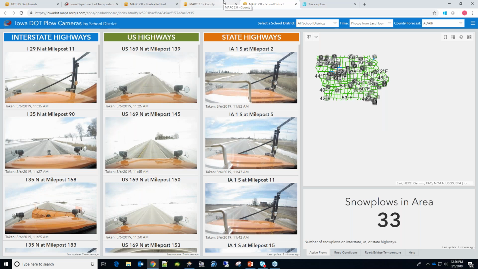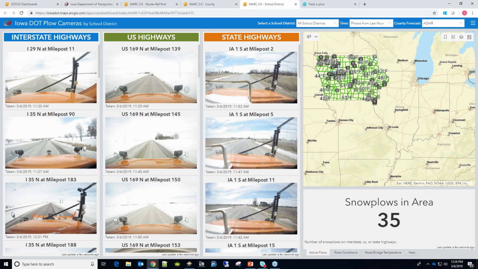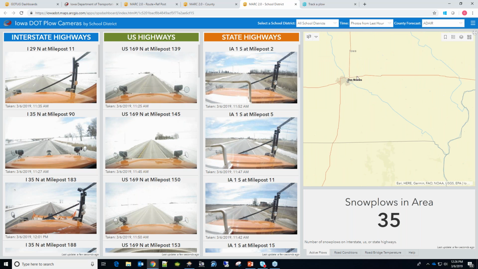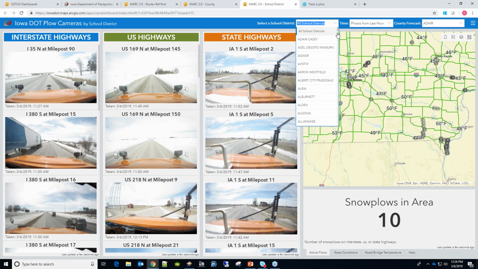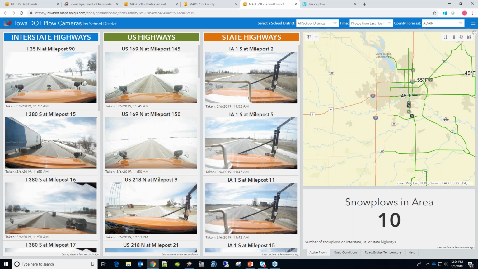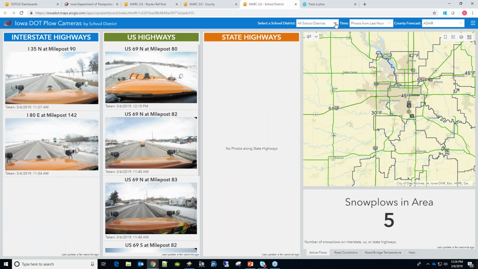And then we took that county one step further and we turned it into a school district one. We have been doing some work with school districts with AI type stuff. And so we decided, how can we help school districts determine or see conditions in their areas?